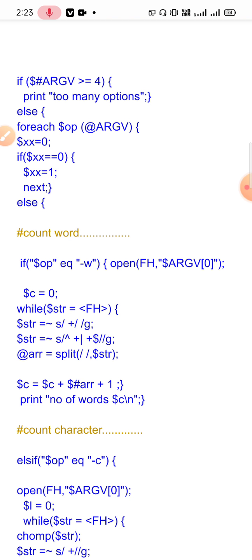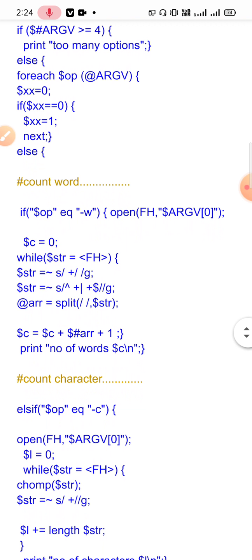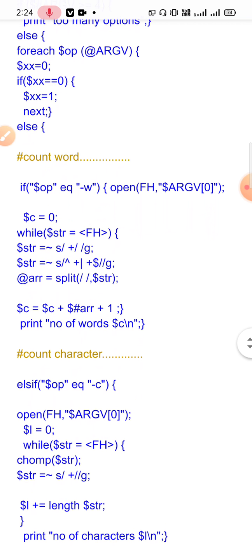So we need not go for the calculation of line, word, character, etc. It will just detect that the first argument is there, and increment the $xx value to 1. In the else part, from the second argument we will start calculating our number of words, lines or characters.